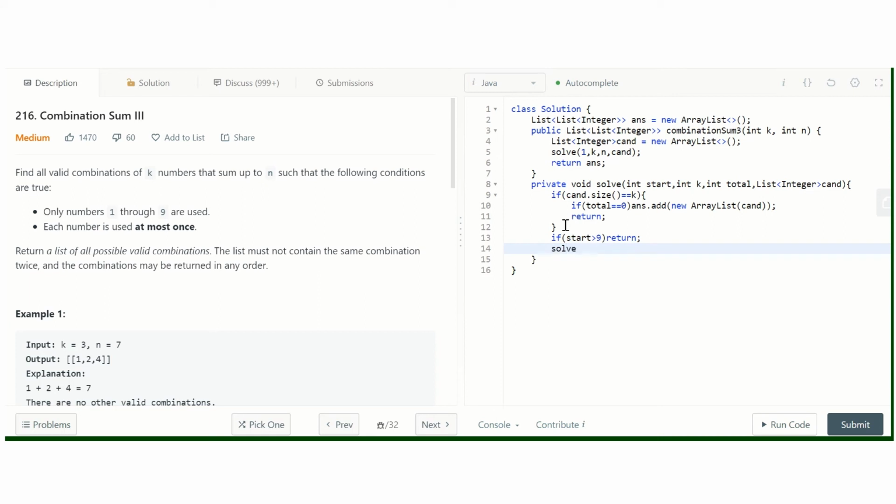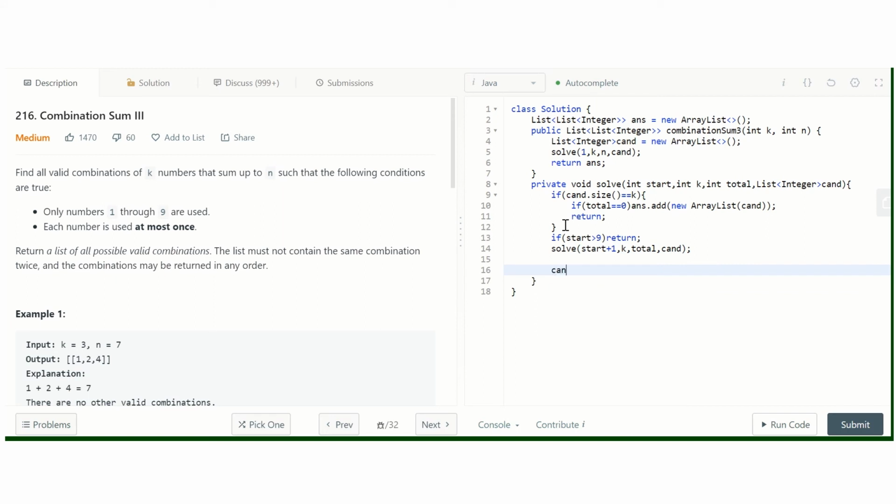Otherwise we will skip the element at start and go to start plus 1 with k, total and candidate, or include it.